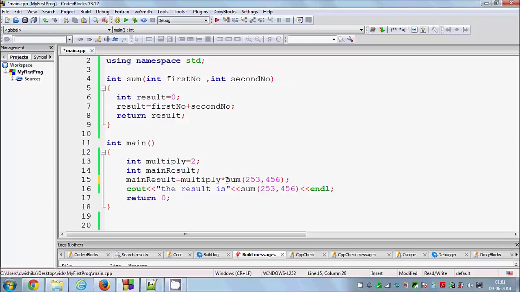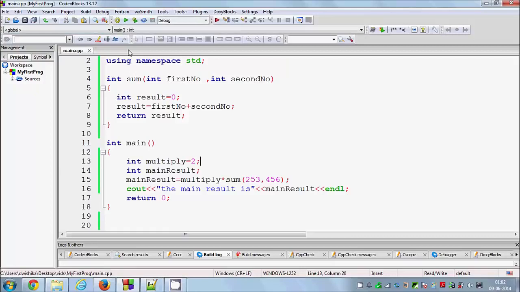So you can think of it as an integer because it's returning an integer, which is the sum of these two values, right? So I can multiply it by another integer, and I can store the product in the third variable called main result, and I will just copy this and paste it here. So the main result is now the product of the sum and the multiply variable.